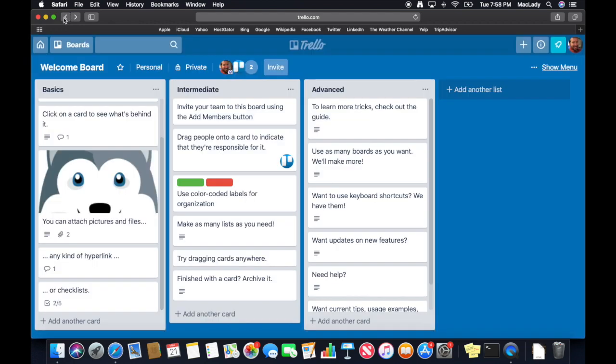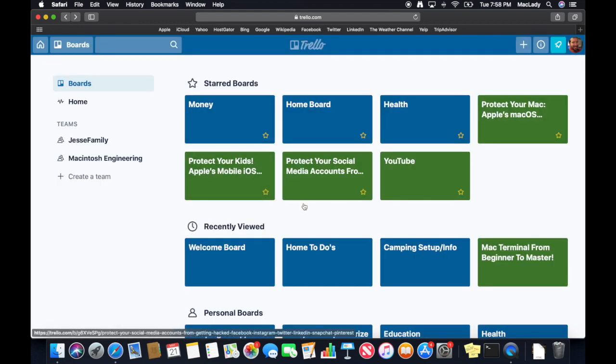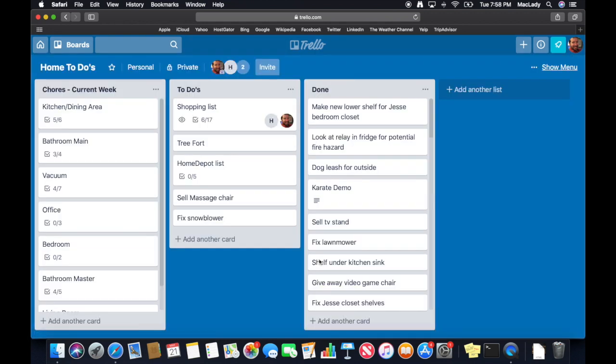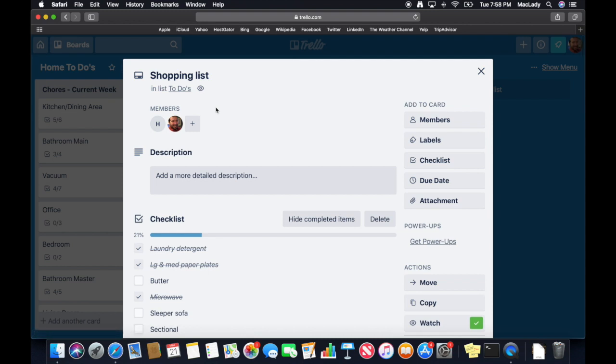Oops, I'm trying to hit back here. So I want to go to the home to-dos. This one has my wife and myself on here, so we share this shopping list. If we look at the shopping list, we can see